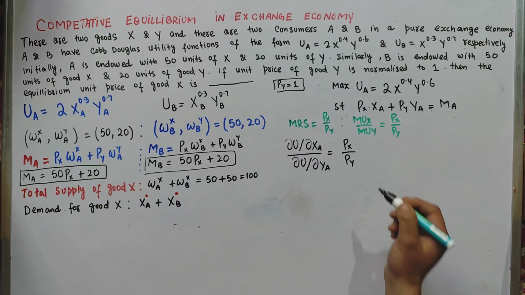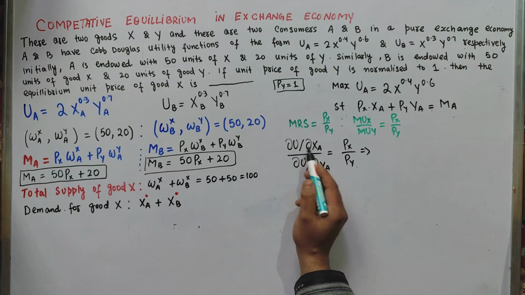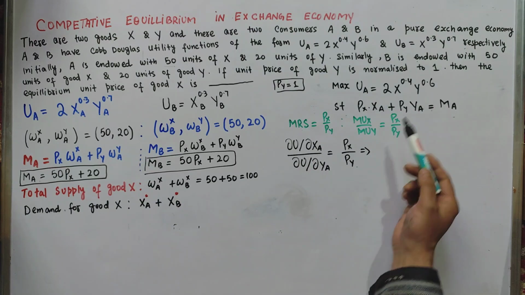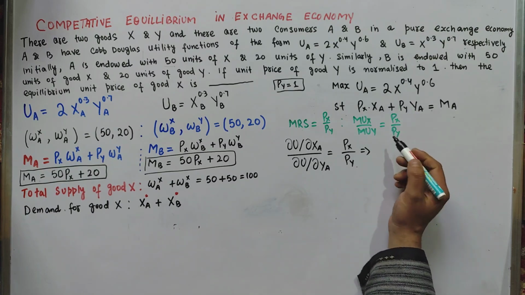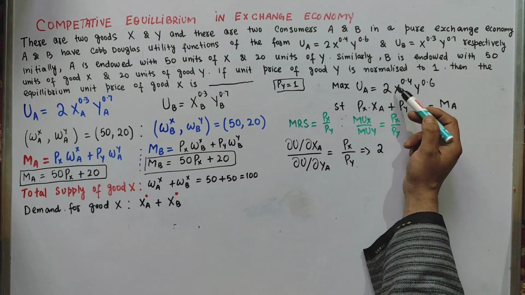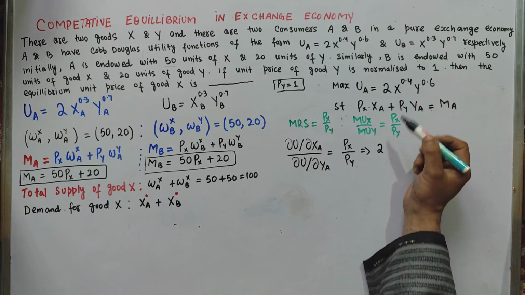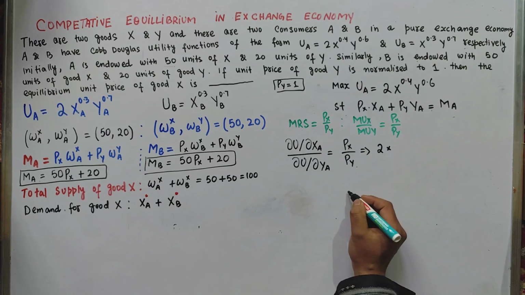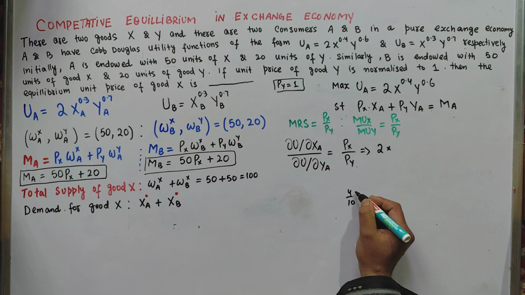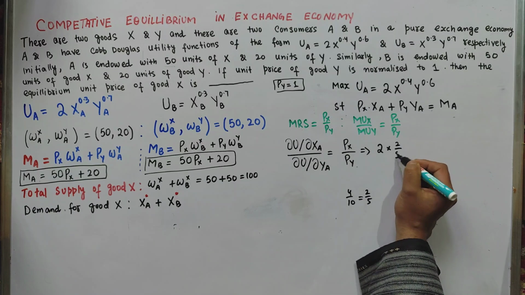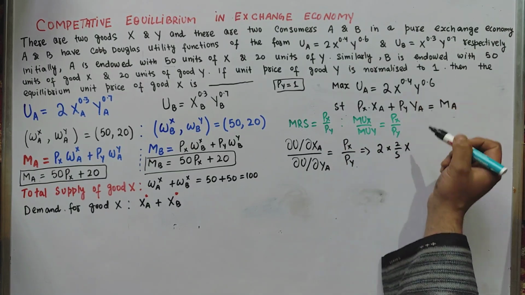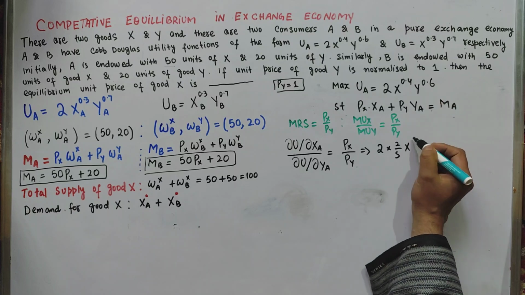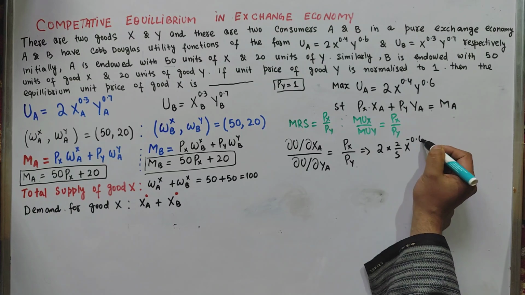Here, which implies what is dU upon dx_A, that is the derivative of this function with respect to x_A. Okay, so here you can see we have the derivative of x raised to the power 0.4, 0.4 will become the coefficient, so 0.4 can be written as 4 upon 10, which becomes 2 upon 5. Okay, so I can write 2 upon 5 here. Then x raised to the power, and the exponent is subtracted by 1, 0.4 minus 1 is minus 0.6, then we have y